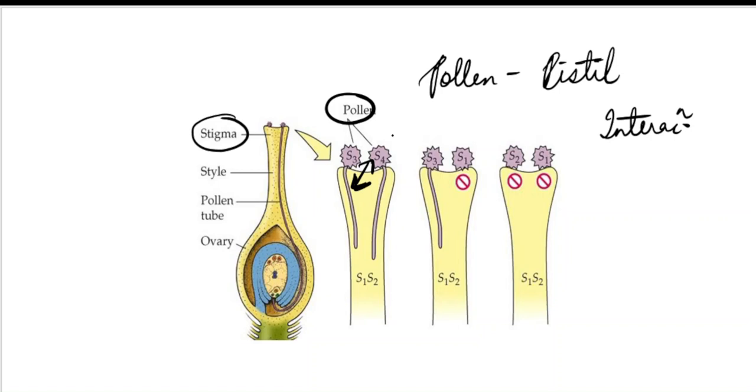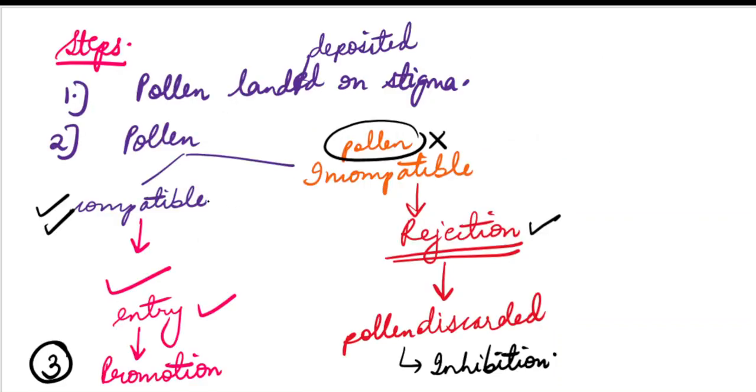So the first step is where the pollen lands on the stigma, and the second step is recognition. First you have to recognise whether it is its own pollen, the right type of pollen, whether it is compatible or not compatible. So this is the second step which you can see. Okay, so the first step I told you, the second step you understood, and the third step is what happens if it is a